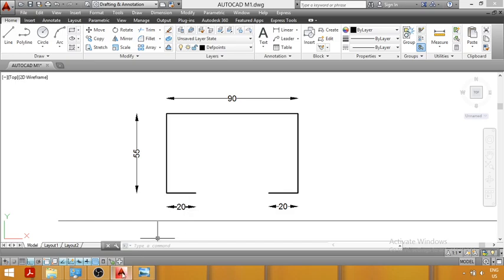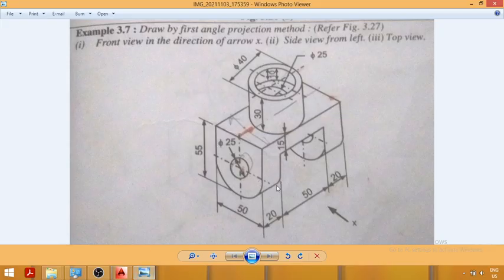Now in the next step we will draw this vertical line. You can see this vertical line, and similarly in the next step we will draw this vertical line, as we are drawing these two surfaces, first surface is this and second surface is this. Now the total height from this point to this point is equal to 55 mm, and the total distance from this horizontal straight line to this horizontal straight line is equal to 15 mm. So the remaining distance, that is 55 minus 15, will be the height of this lower portion, from this point to this bottom point. What will it be equal to?